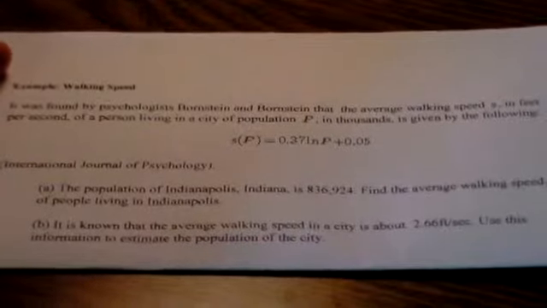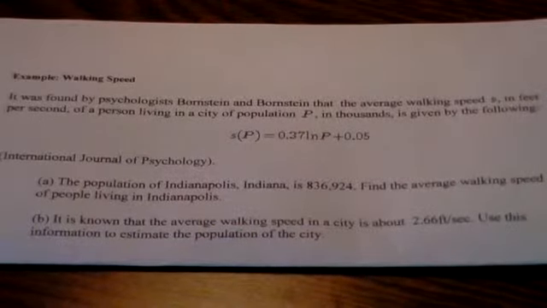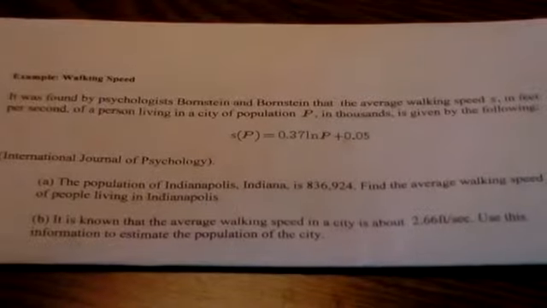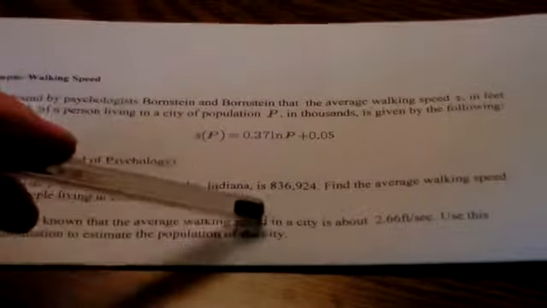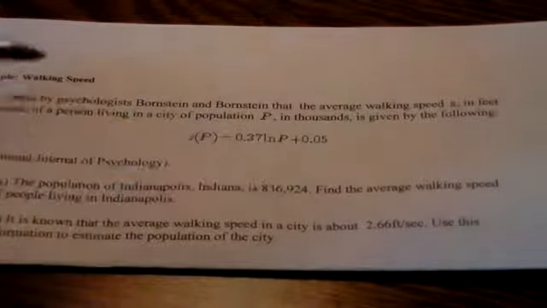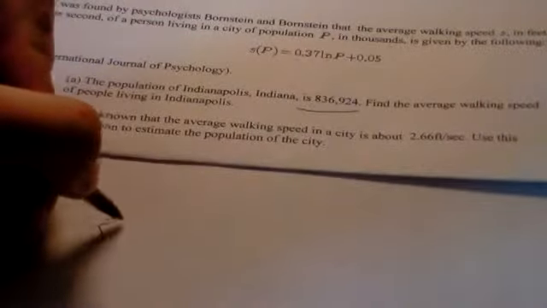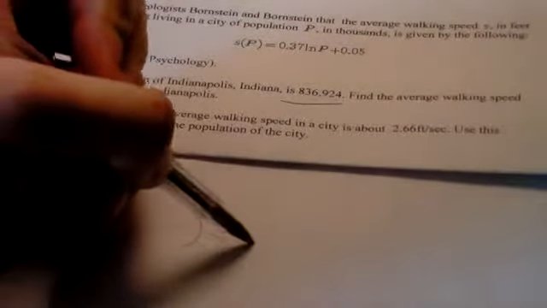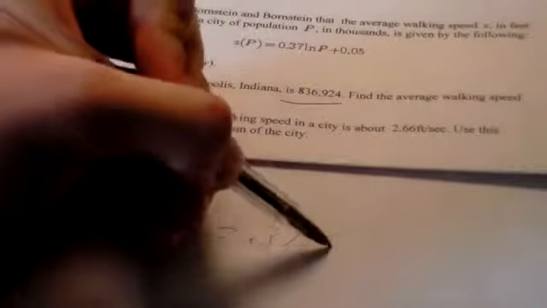Alright, so the first thing we're asked to do is actually pretty easy. We're just asked to figure out the walking speed of a person in Indianapolis, given the fact that there are 836,924 people in Indianapolis. Alright, so we can do that pretty easily. All we need to do is get our function and then plug in this number of the population. So, S of whatever the population is, is 0.37 times the natural log of the population